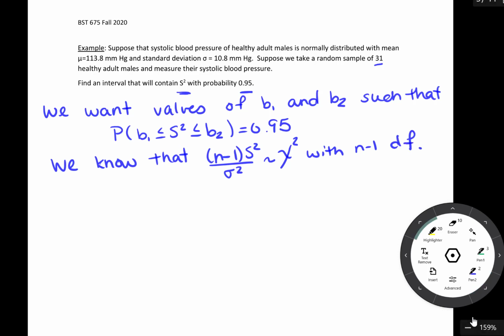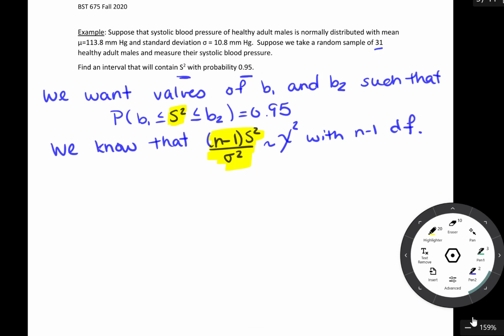So we know the distribution of n minus 1 times s squared divided by sigma squared, but the value that we're interested in is just s squared by itself. So we're going to see if we can do some manipulation so that here in the middle of the probability we have the piece that we know the distribution of. So let's see how we can do that. What we're going to do is let w be equal to the following. So w is going to be equal to n minus 1, and remember n in this case is equal to 31, so we're going to have 30